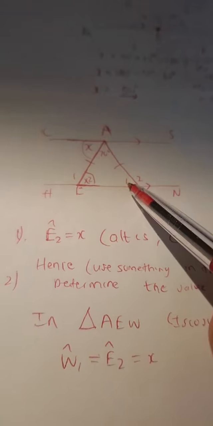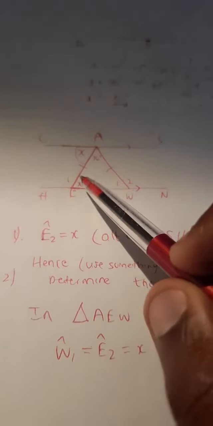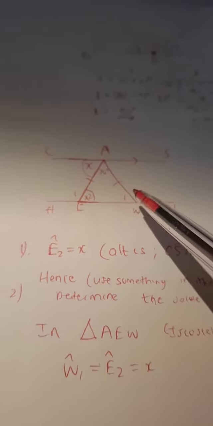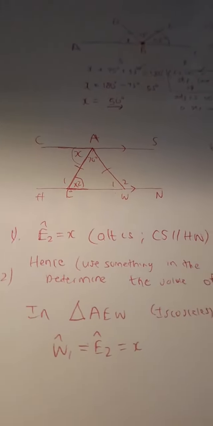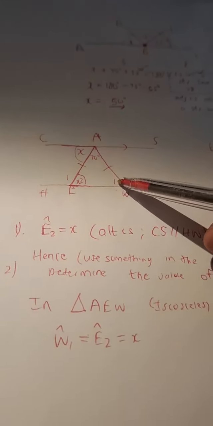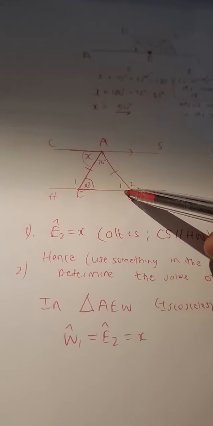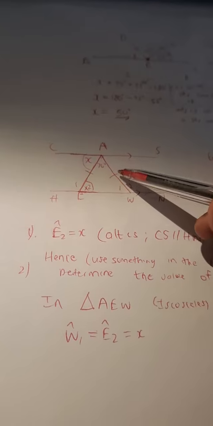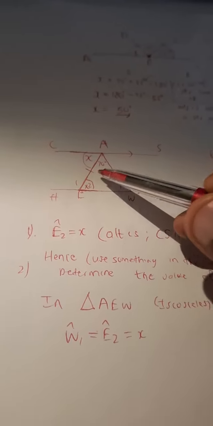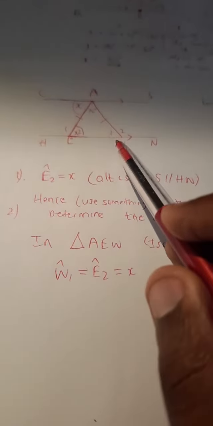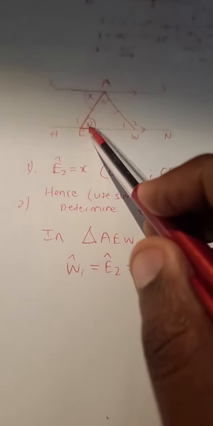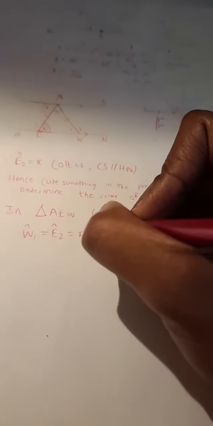These are base angles of the isosceles triangle, so we say that these angles are equal, but the reason we say they are equal is because, according to the acceptable reason document, these two angles are opposite sides that are both equal. So we say angle W1 is equal to angle E2, which is equal to x, and the reason we say that is